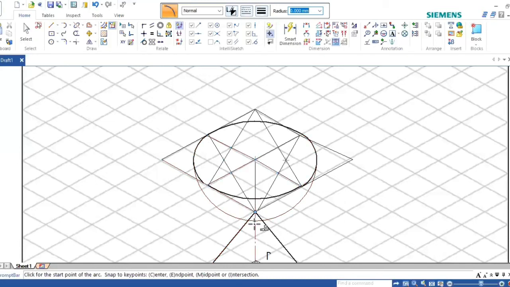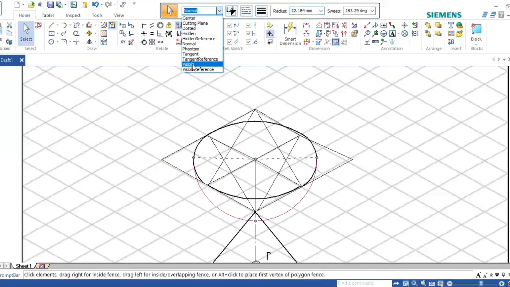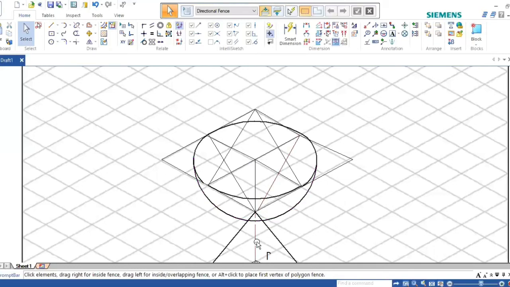Take from here to here the actual radius, construct a circle in a manual drawing. Till this point you stop it, and freehand you can adjust here. Okay, by freehand sketch. Now we can select this and make it visible. Okay, now using pencil, dark it. Now I have constructed the hemisphere on the top side of the cone.